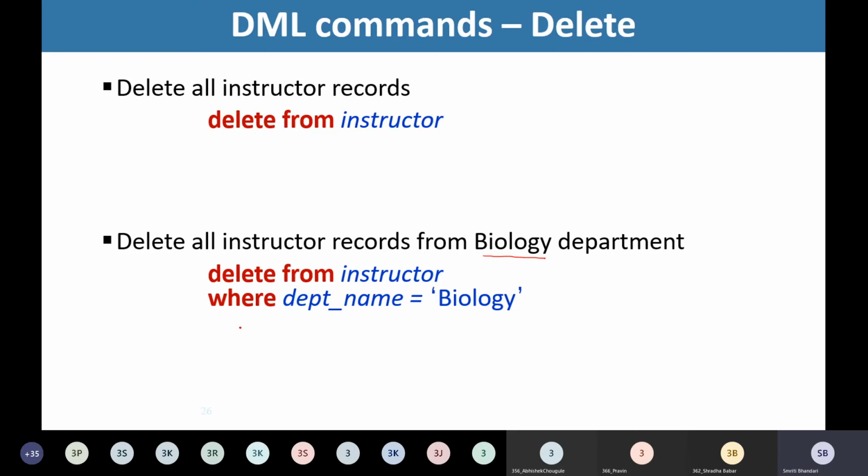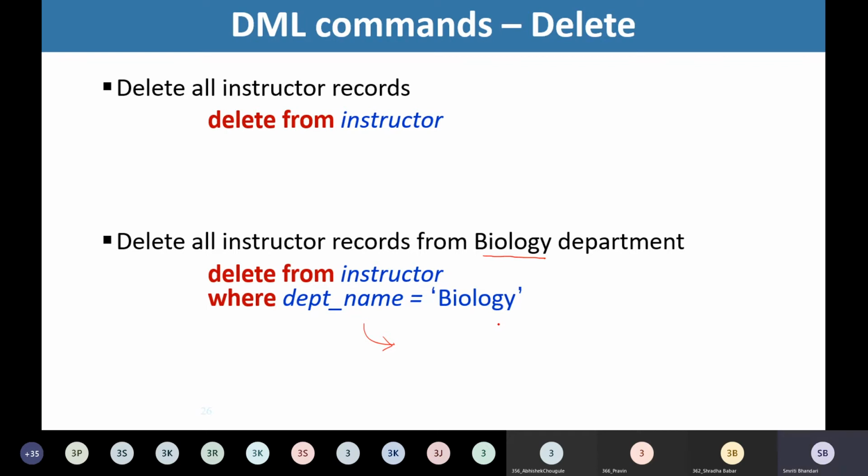What will this statement do? It will first find all the records from instructor table for which department name equal to biology, and only those records will be deleted from instructor table. Right? Are you getting me?